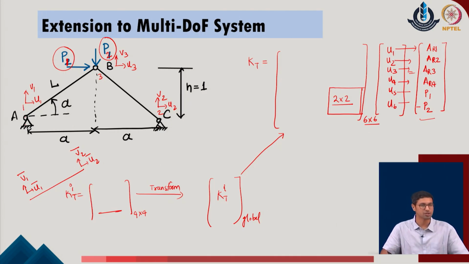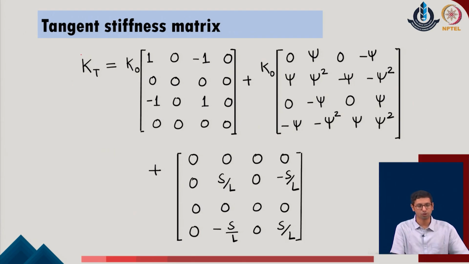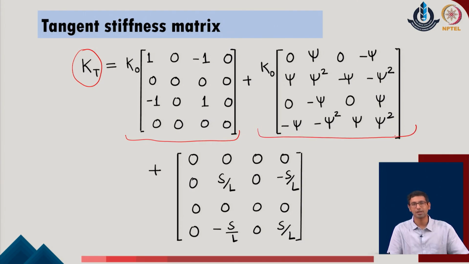So, we will try to see this part in the subsequent slides. As a first step, we got to know that the KT value, which is the tangent stiffness matrix of the given system, this is for any one of the members. As I said, it is a 4 cross 4 matrix, containing the linear part, the non-linear part due to the deformations, and the geometrical non-linear part of the given system. For now I am not considering that the large displacements are included only with respect to the geometrical stiffness term of the given system.